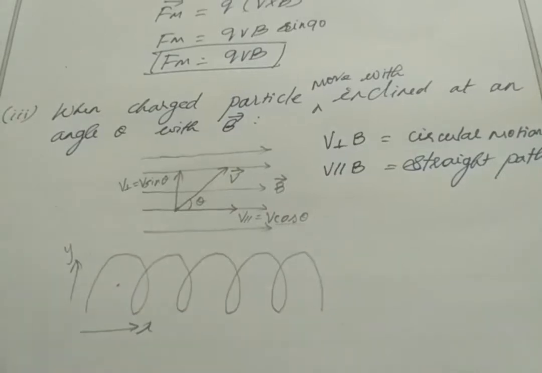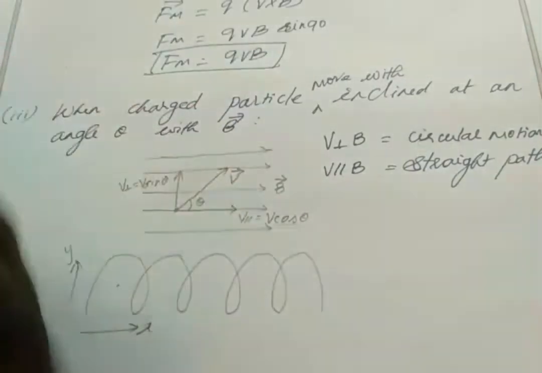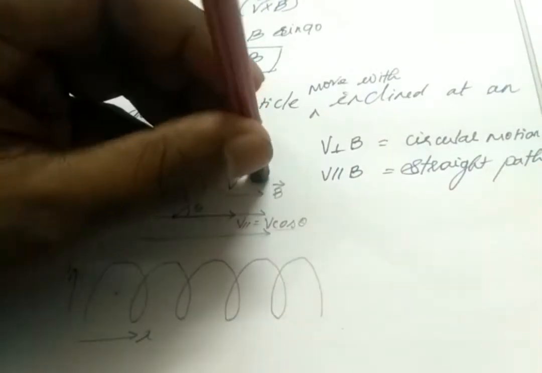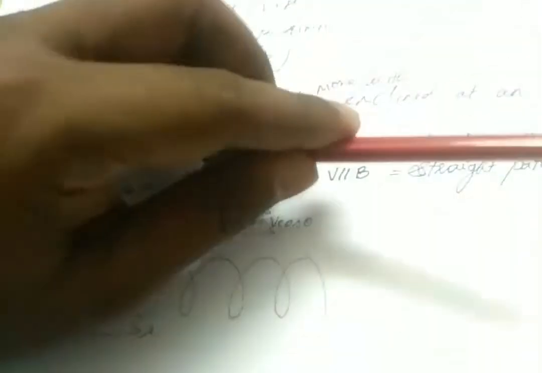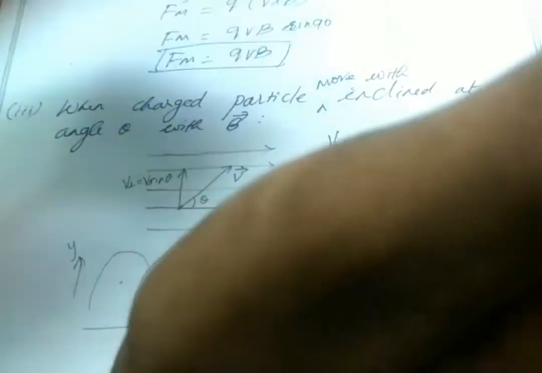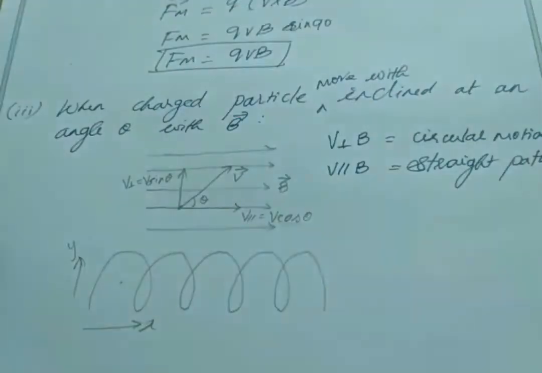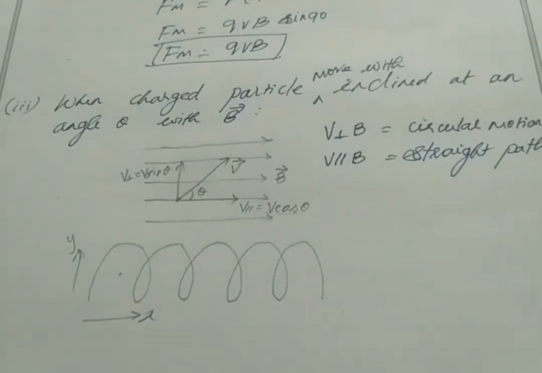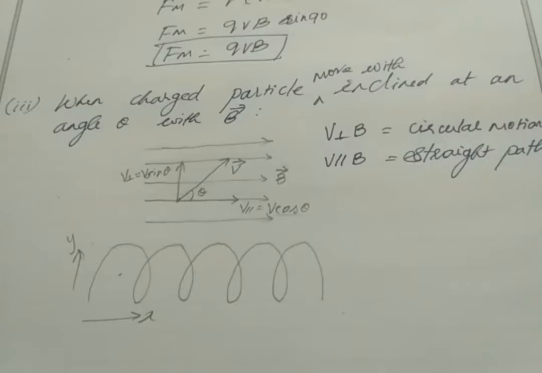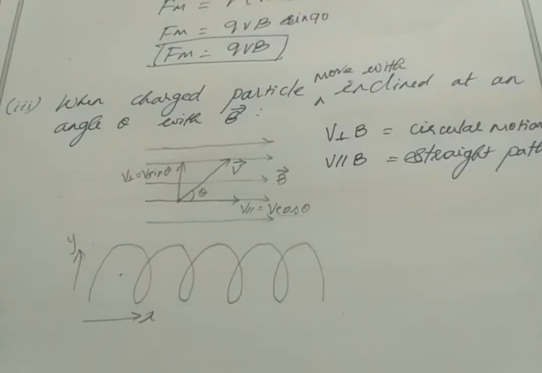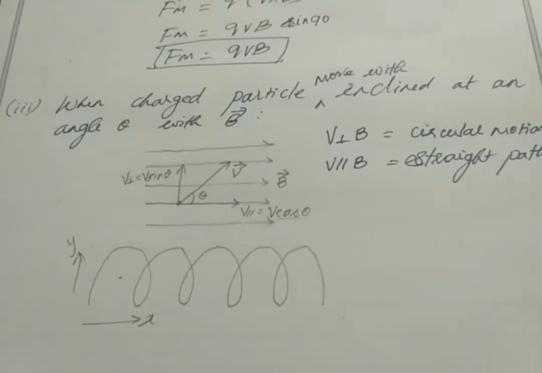Okay, so I will show you one animation video based on this, then you will understand better. Okay, so just imagine, this is my y-axis, my y-axis is going like this. Okay, this is my x-axis. So by using the right hand palm rule, this is my z-axis. So it will form a circle like this. I will show you one animation video, then you can easily understand. Okay, so the net motion will be helical motion.